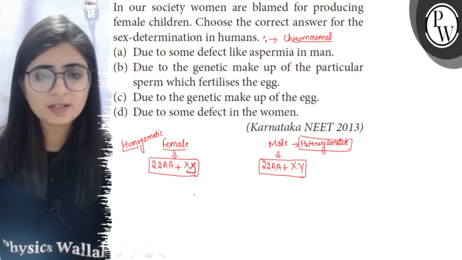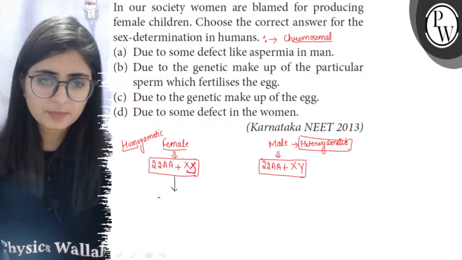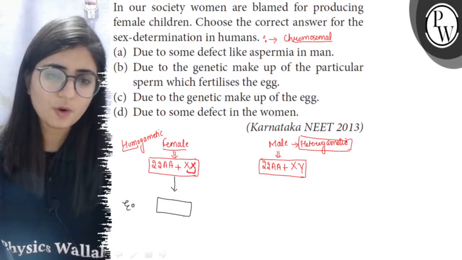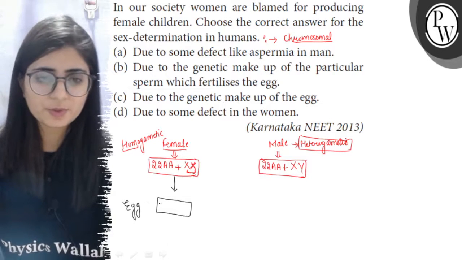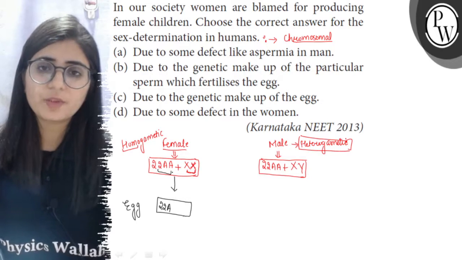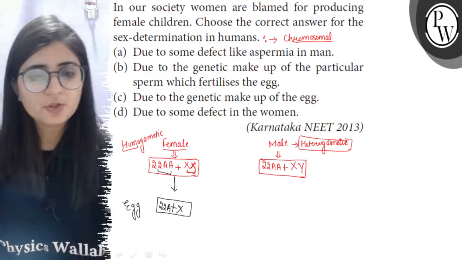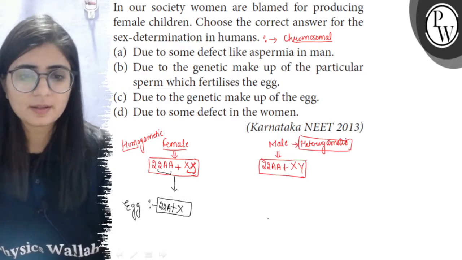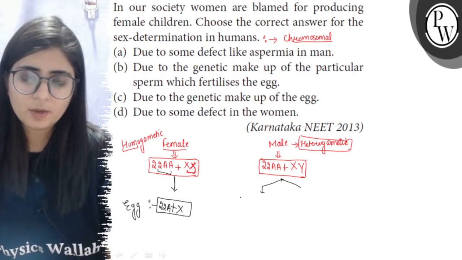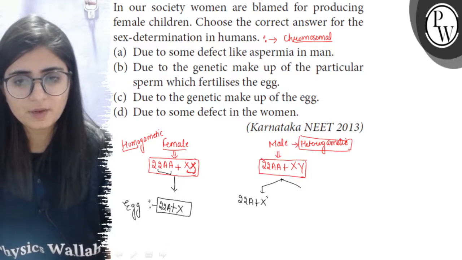So gametes are formed by the meiosis. Meiosis is the reductional division. So the number of chromosomes gets halved. So here each egg or ovum will be receiving 23 chromosomes. Out of these, 22 will be the autosomes and one X chromosome. So all eggs will be having the similar karyotype. But here two types of sperms are produced. One is having the 22 autosomes and one X chromosome.